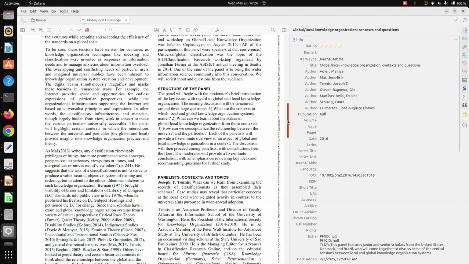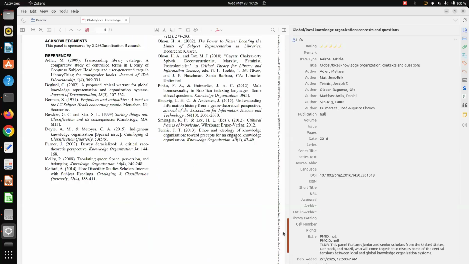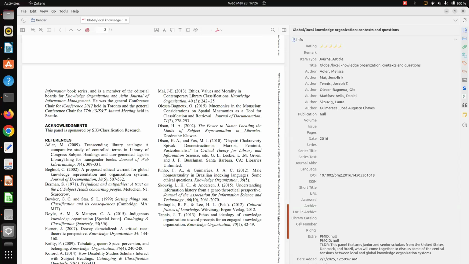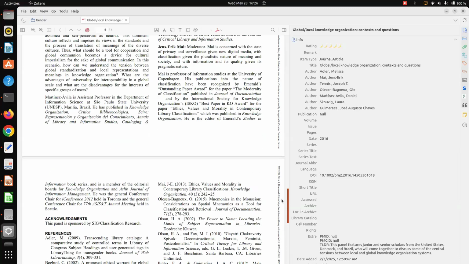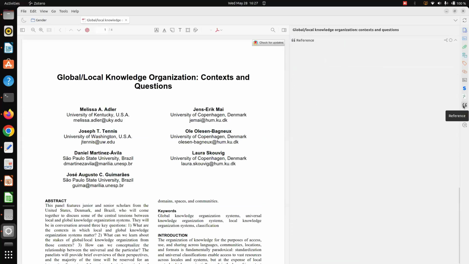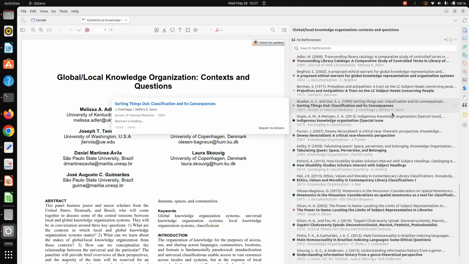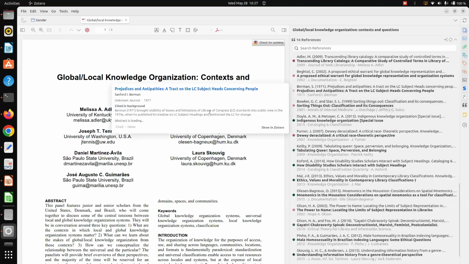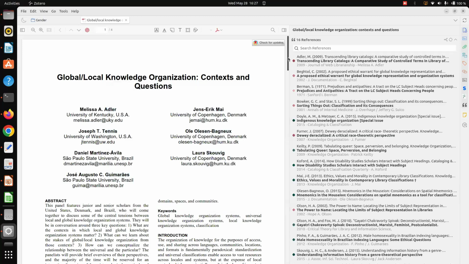Yes, it has got references. Yes, so it's a typical paper, with different references. Some of the references I want to extract and include in my collection. So again, I am asking the Zotero Reference site. So now it is able to extract all of these references out of this.